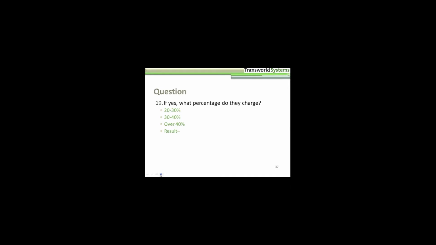Next question, question 18. Does your collection agency charge by a percentage of the account? 65.15% said yes, that their collection agencies charge by a percentage of the account. That's pretty typical. Within the agency world, there are some flat fee services and some contingency percentages. It really depends on the relationship that you have, the services your agency offers, as well as the volume that comes through from your practice to theirs. If so, what percentage do they charge?